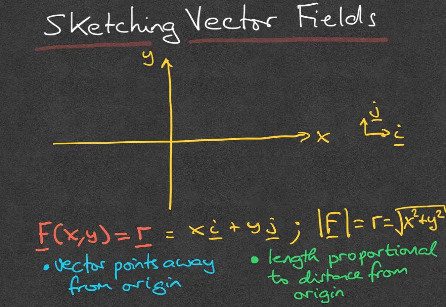So in this video I want to give you some practice and feedback on sketching vector fields. So we're going to be looking at vector fields in 2 dimensions, unit vectors i and j. So we've got the x direction, unit vector i, the y direction, unit vector j. And I'm just going to draw one example on this side, and then afterwards I will give you some questions